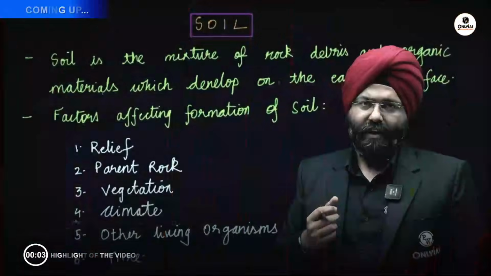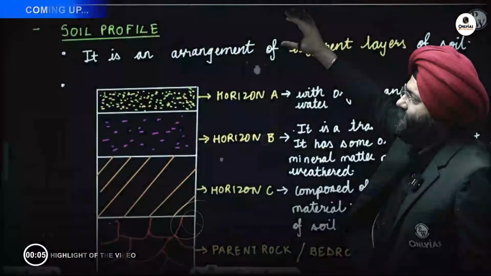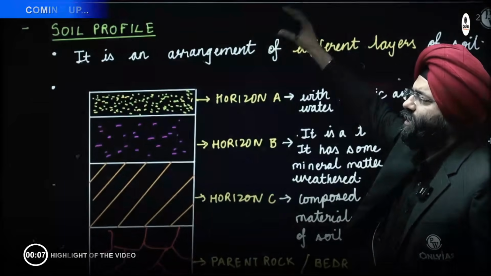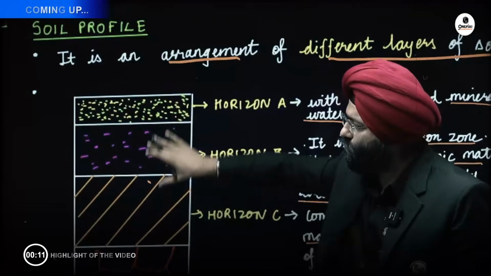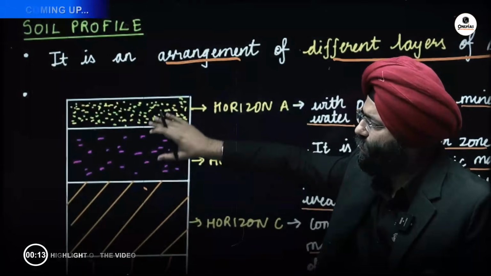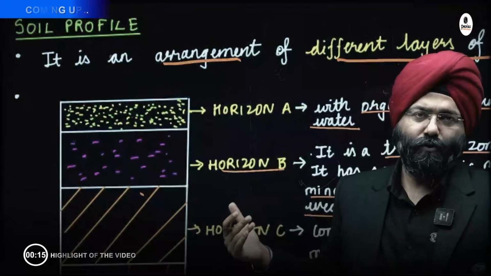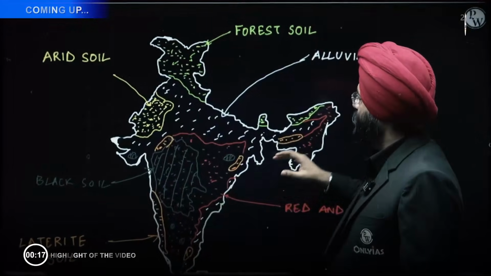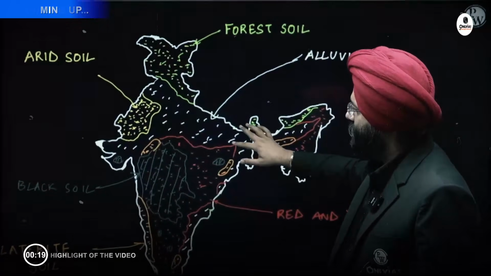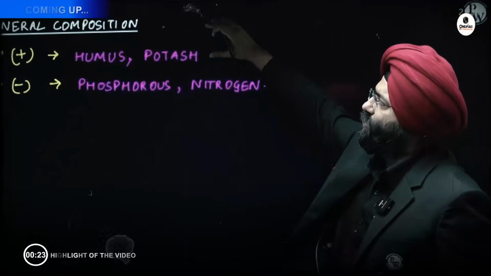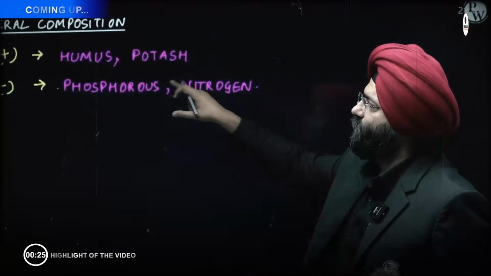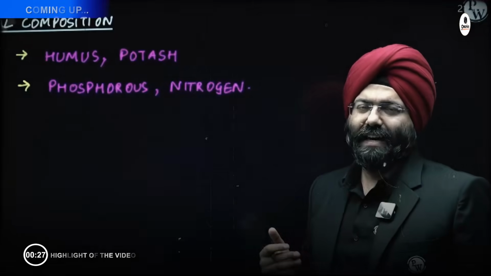Another interesting chapter from the Indian geography. Now, what is soil? There is a very important word that is mentioned in your NCERT, that is soil profile. So this is what a soil profile is, that is the arrangement of the various layers of soil. If you see the alluvial soil over here, everything that is marked in this white part, this whole region. Mineral composition, it is rich in humus and potash, but it is deficient in phosphorus and nitrogen. This can be asked in your examination because